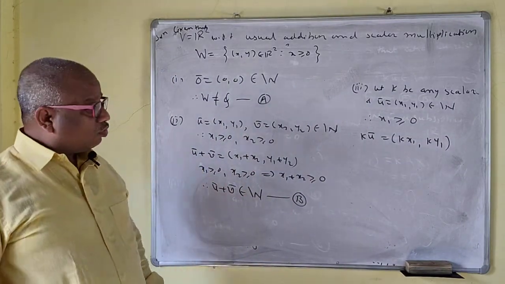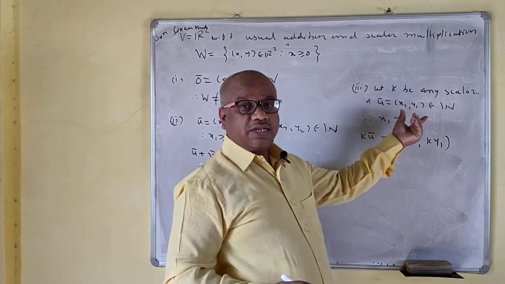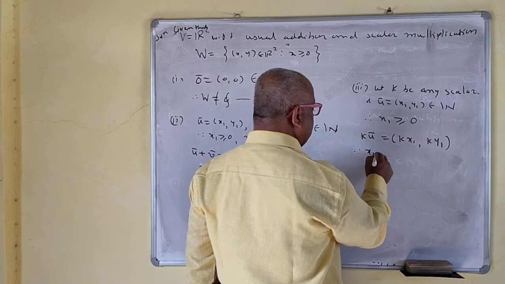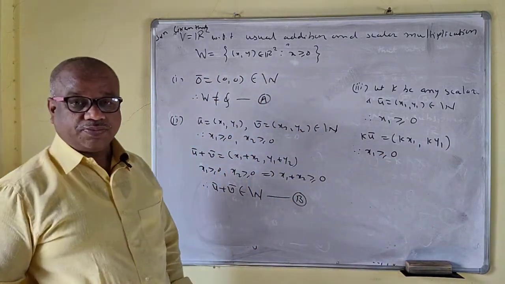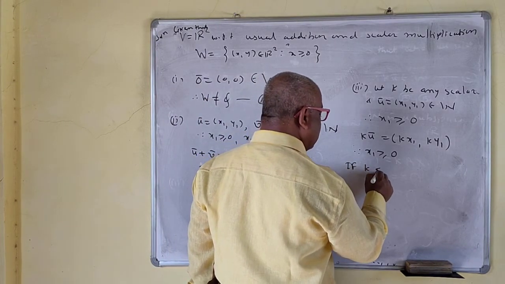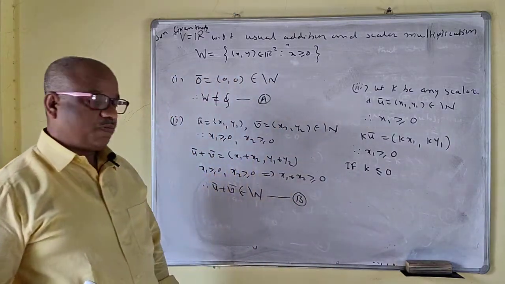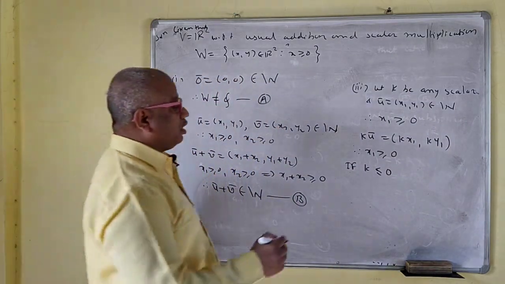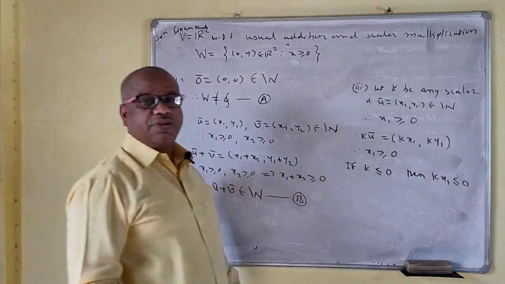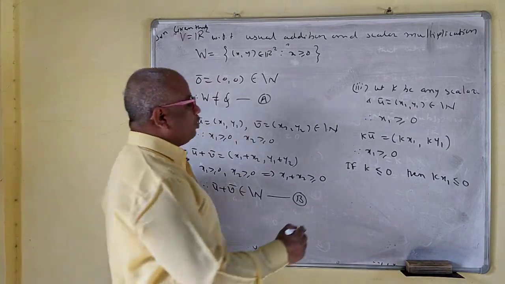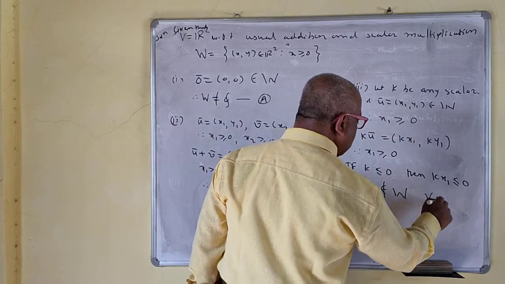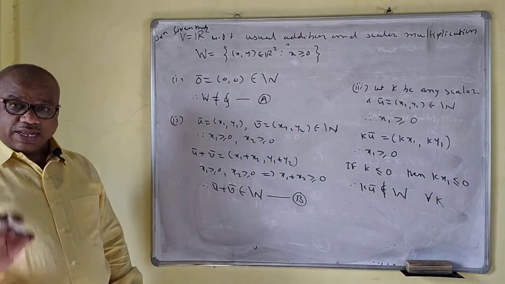Okay. So now when this K U bar is in W, if K x1 is greater than or equal to 0, since x1 is greater than or equal to 0. So if K is less than or equal to 0, that means K is negative, then K x1 is less than or equal to 0, because positive into negative is negative, right? So that means we are not sure about K U bar, it does not belong to W for all K. For any value of K, it should be enough.